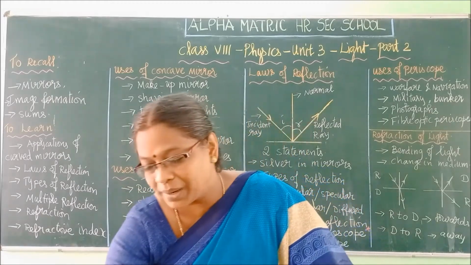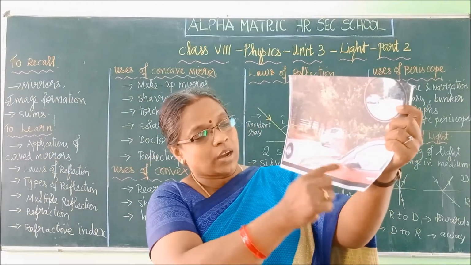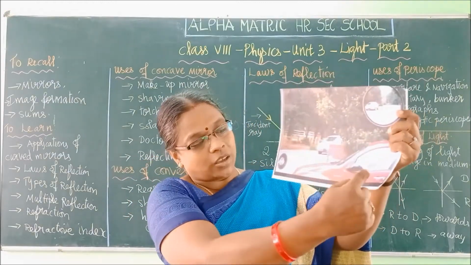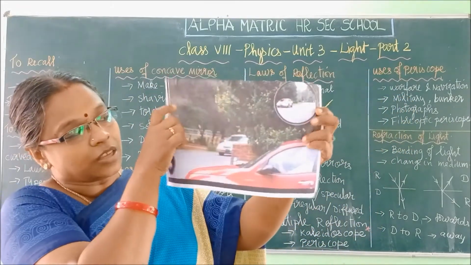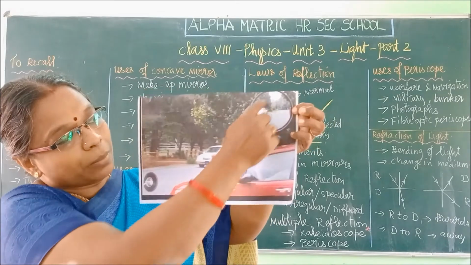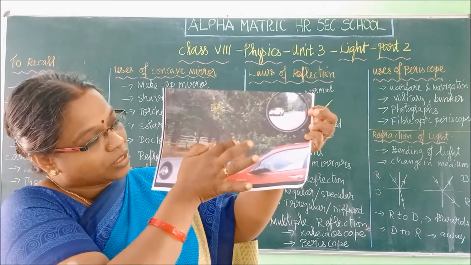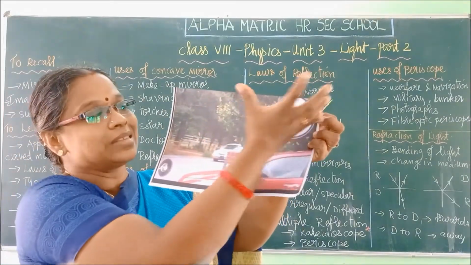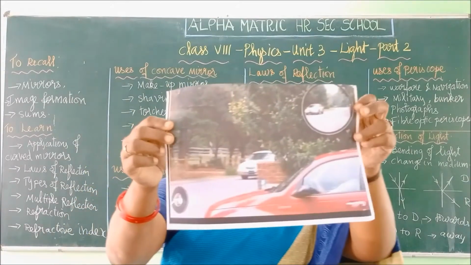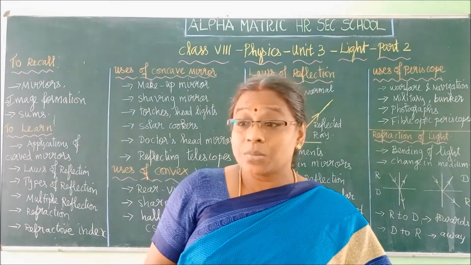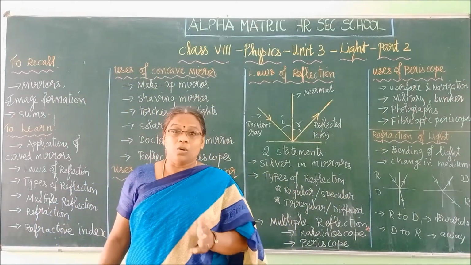So I will show you one example picture now. Now you can see this. There are two cuts over here. One vehicle is approaching here and another vehicle is approaching here. So one mirror is kept here. Can you see it, children? So this car's driver can view this car in the convex mirror, as it is kept at the junction point of two roads. So kindly view it. This is how convex mirrors can help us when we are taking sharp turns on the roads.